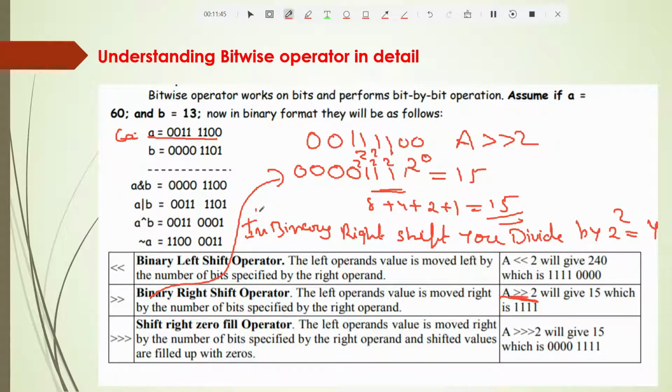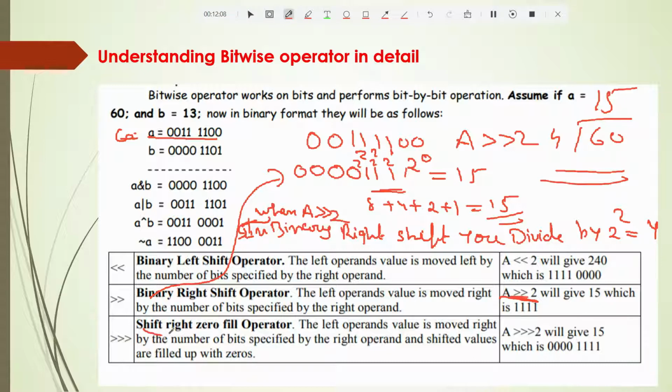So when a is 2, in binary right shift, you divide by 2 square, that is 4. That is how 60, when you divide it by 4, you get 15, and that we have seen also. So this is the understanding of the binary right shift operator.